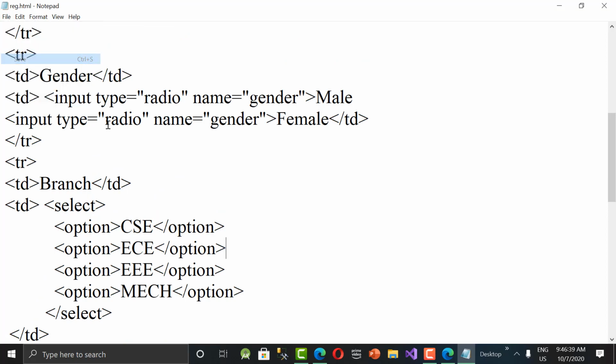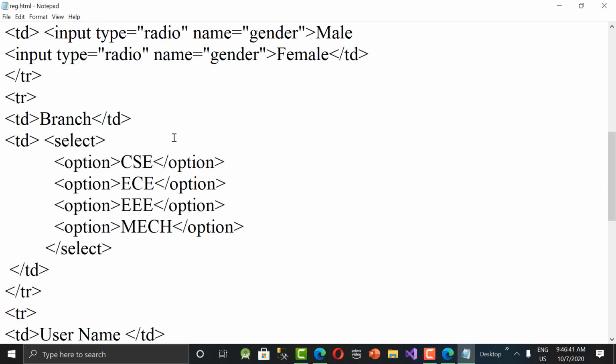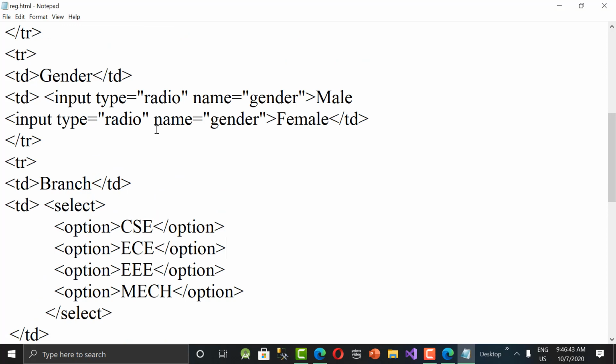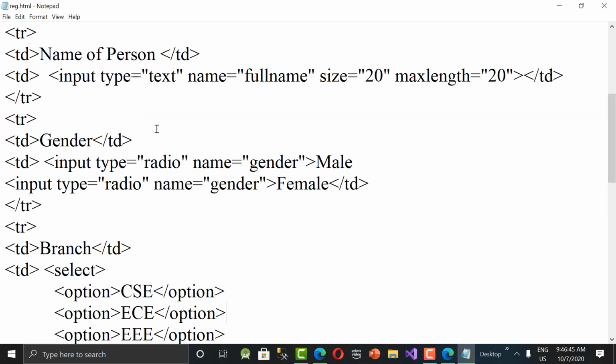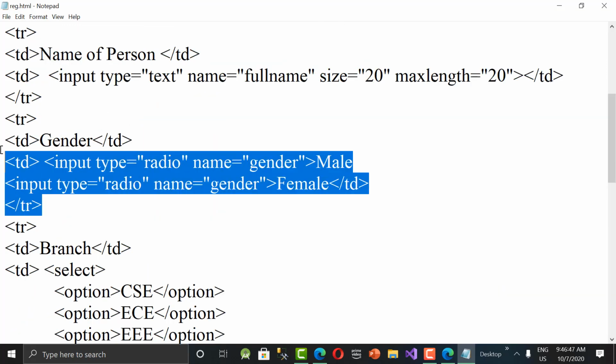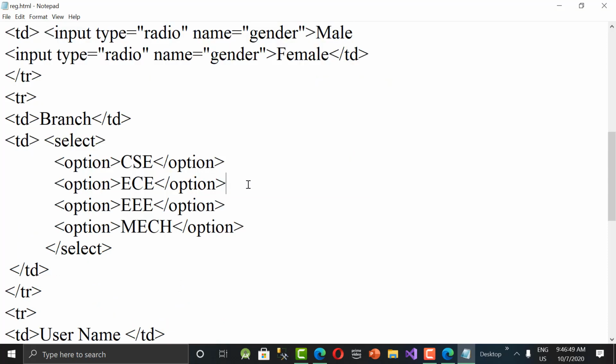Then we'll try to add one more thing that is called a checkbox. Okay, so let us check. This is only one selection. There you can take something like hobbies. When you're taking hobbies, you can give so many things out of which the user can select one or more.